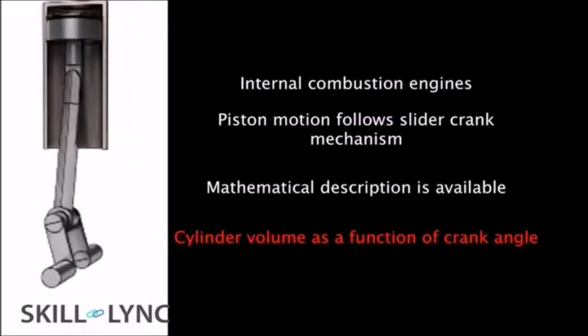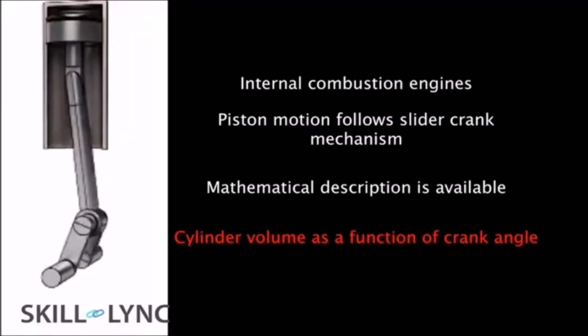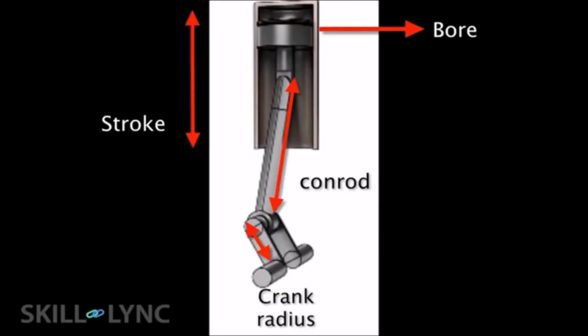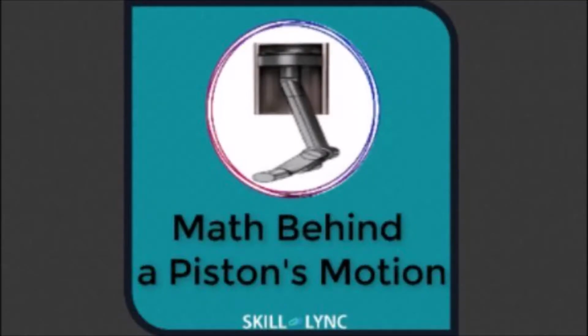For a given set of geometric parameters, we are going to calculate the volume of the combustion chamber. The geometric parameters are the bore, the stroke, the connecting rod length, and the compression ratio. The objective here is to plot the